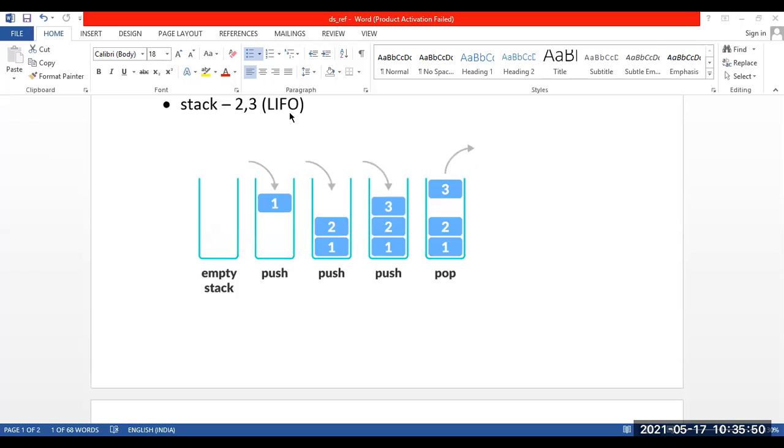So this rule, last in, first out, should always be applied only and only to stacks, because your other data structures, that is a linear list, queues and linked list, will again follow a different rule. Only stacks will follow last in, first out. So this is the concept, the overview of the stack. We are going to implement these in terms of programs. So for that, you need to have an understanding of the concept.